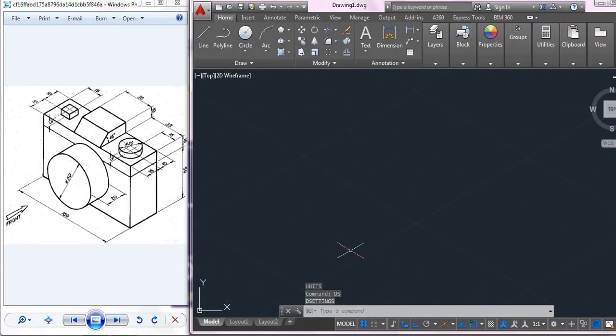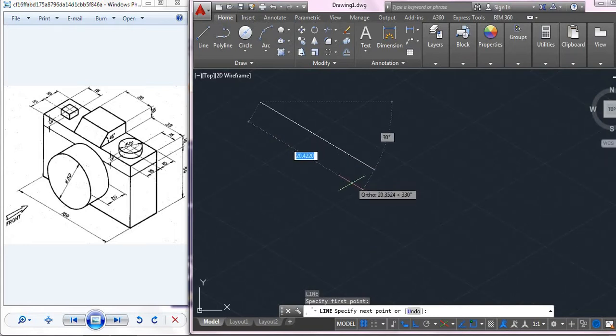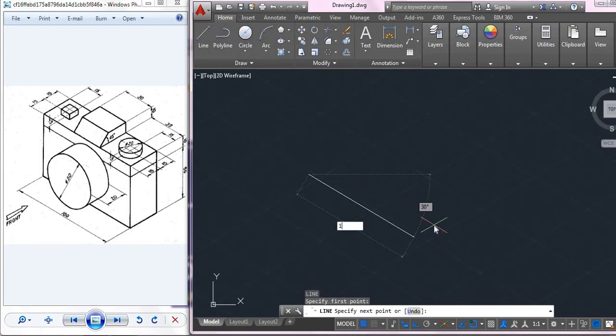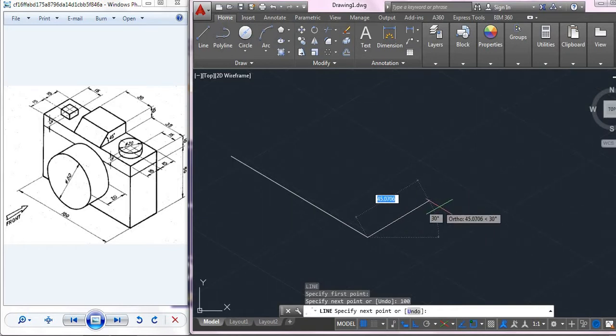Now we will be taking a line. Let me take a line and let's specify the first point, say here. My ortho mode is on, that is F8 is on, so I am getting a straight line. Now we will be specifying the length of a line. That is, say the length of a line is 100, and also in this way it is totally 30,